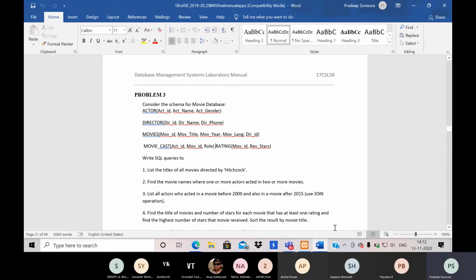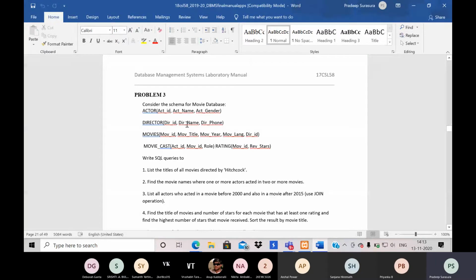Now in these five entities, try to identify how the relationship is. In this experiment, you observe that in actor table, you have actor ID as a primary key, in director table, director ID primary key. In movies table, movie ID will be primary key. Now in movie cast, you try to create a relation between movies and actors. And one more relation you can find in